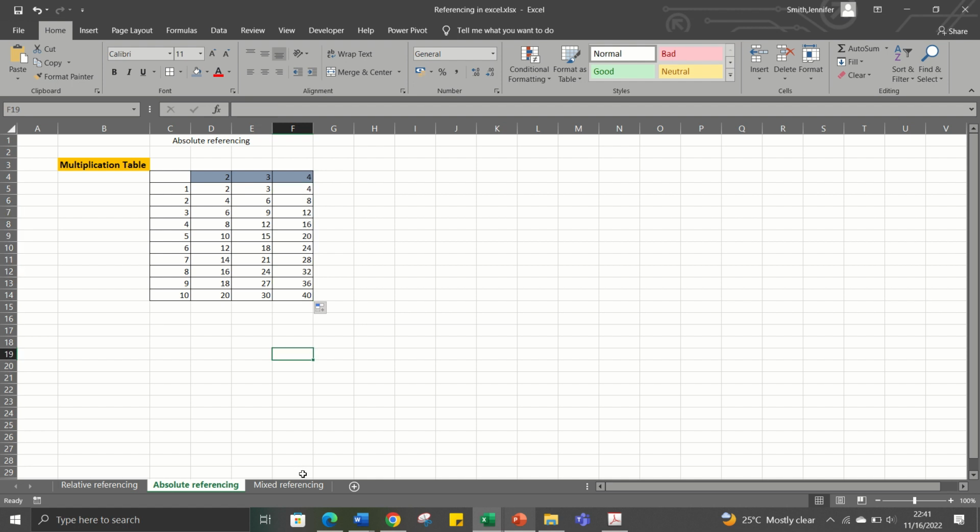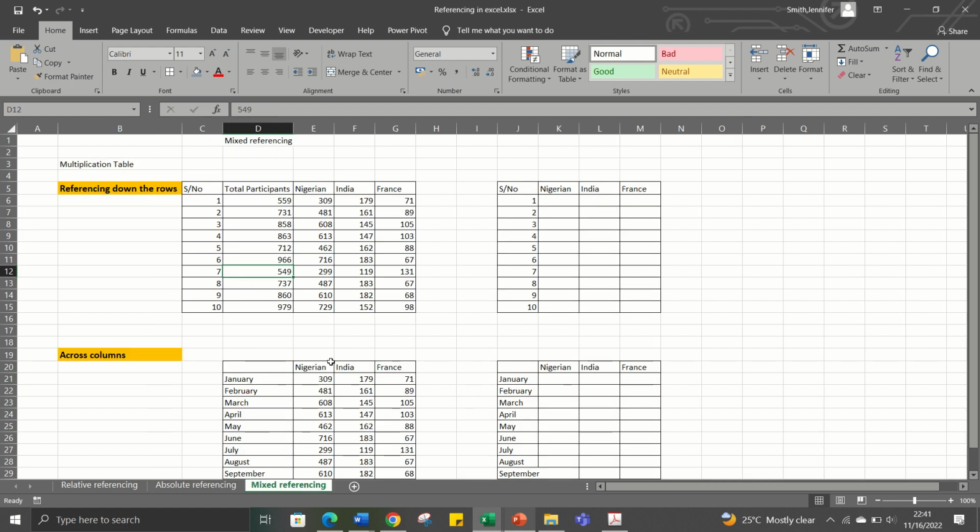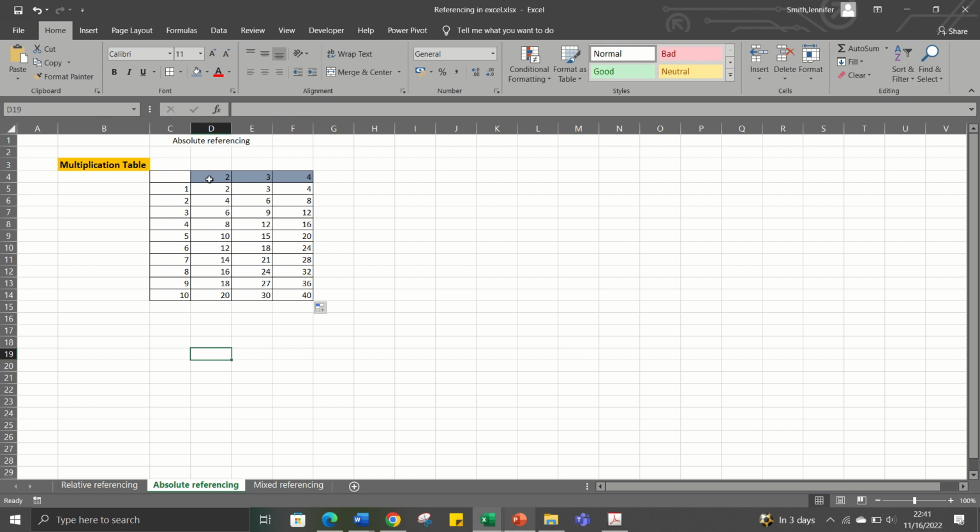So now the next one, it's a little bit technical. It's called mixed referencing. In mixed referencing, you have the option to make your formula such that your referencing can only move across, or it can only move down. Like I showed you in this particular one, where no matter how you drag the formula, assuming I delete these ones here. Now, no matter how I drag the formula, if I drag it across like this, sorry,